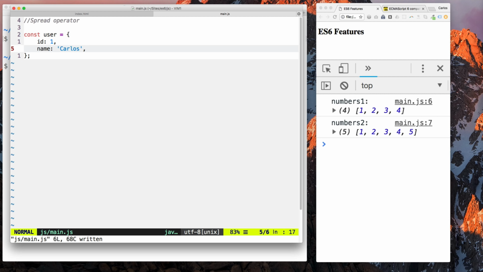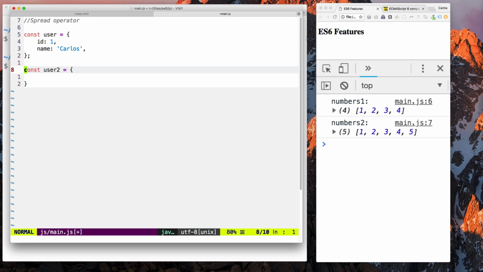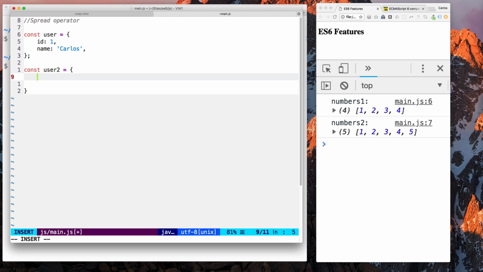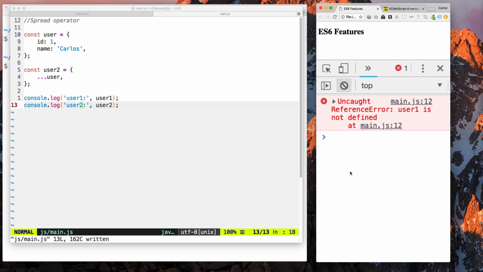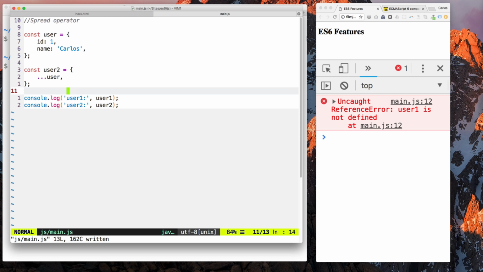ID and name Carlos, and let's say we want another user 2, and we use the 3 dots here, user, and if we console.log this, we get user 1 and user 2, and they should be the same. If I do it right,